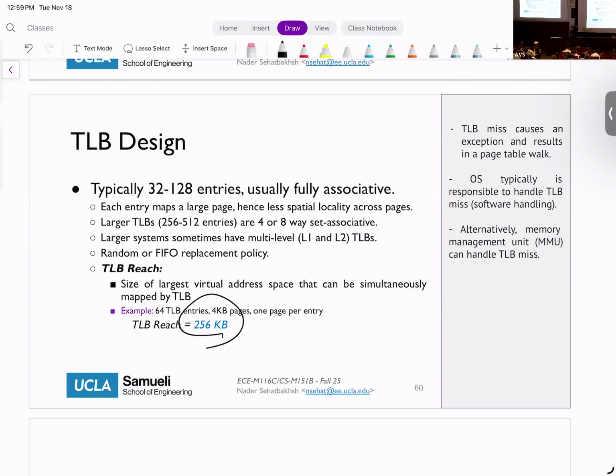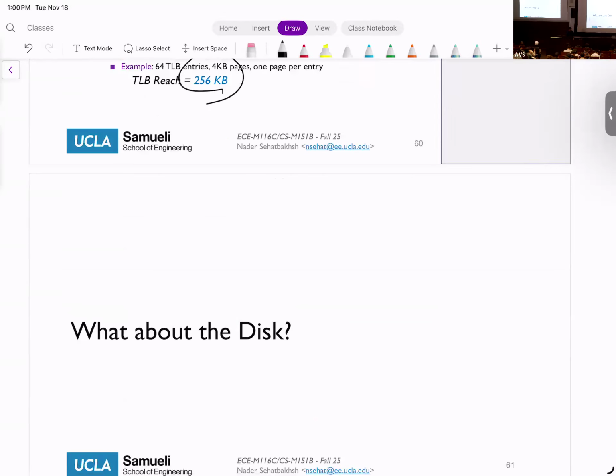Think about it, you have 4 kilobytes of data in just one page. So many accesses fall within one page. The first time you translate it, and after that, all the accesses are within the same page. You have it in the TLB. So if you go byte by byte, once every 4,000 accesses you're actually having a TLB miss. So the number of TLB misses is not that high. Okay? All right, so let's have a quick break here.